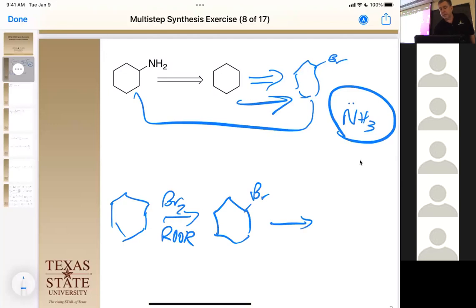And then we're going to do this in a solvent, just acetone, doing a polar aprotic, because we're trying to force it to do substitution, and then ammonia. And that's going to give us our